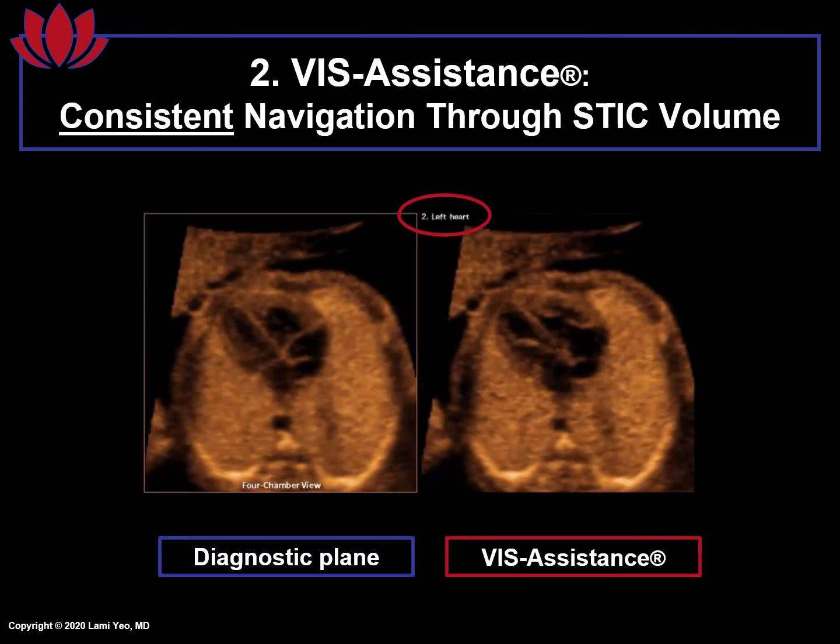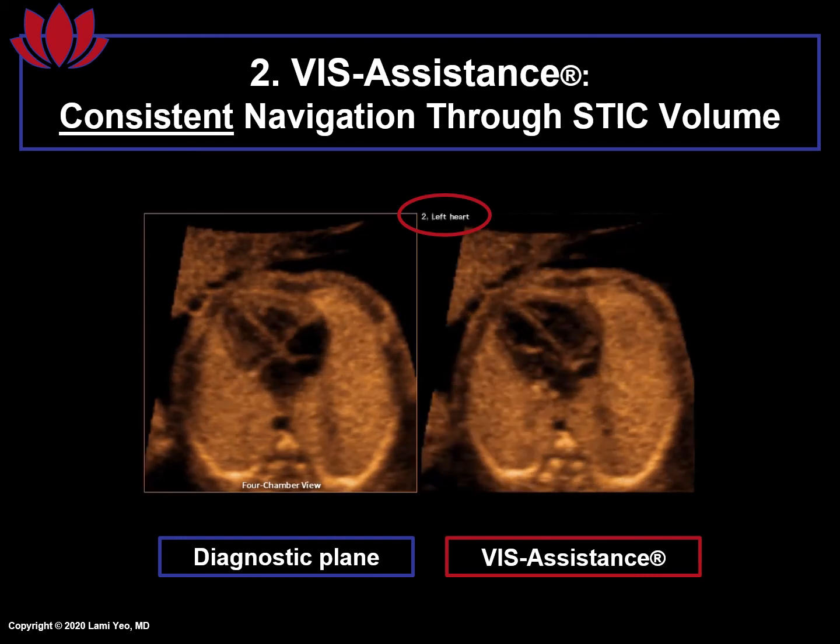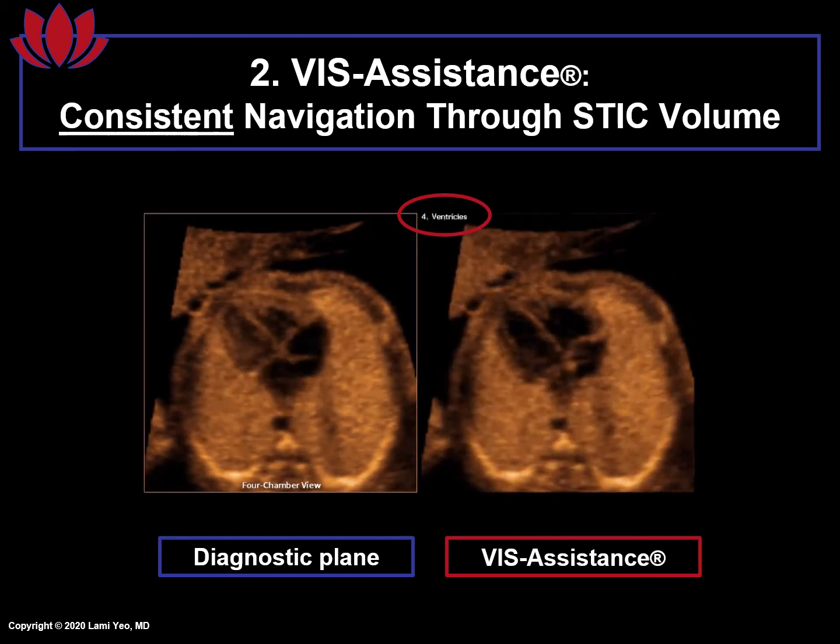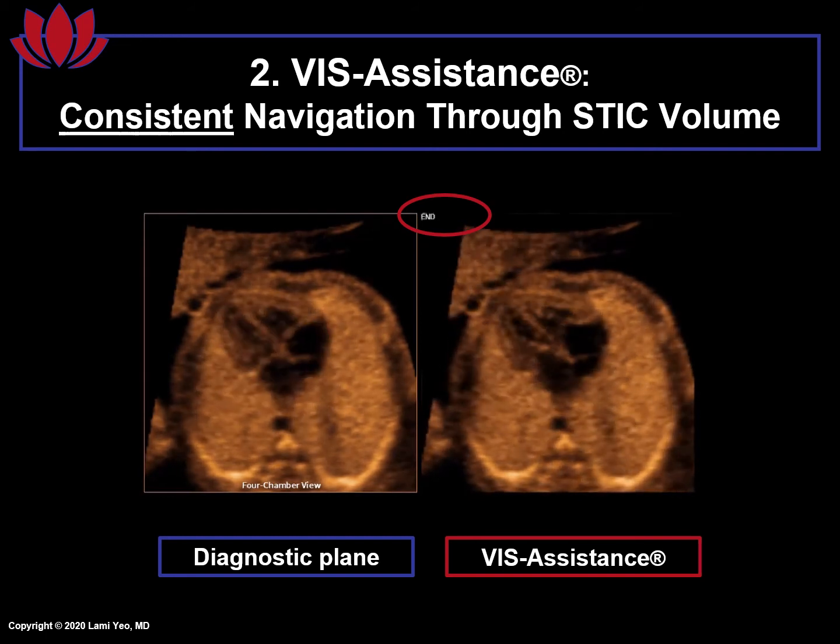Second, each time that VISA is activated, there are consistent navigational movements through the stick volume, as evidenced by the callouts written at the top of the video clip in the red circle. Callouts describe the specific action or purpose of the navigational movements, and these are always the same for every case. Callouts are described in detail in another VISA lecture of this YouTube series. In contrast, when performing two-dimensional sonography or manual navigation of a stick volume, each examination and series of steps may not be identical for the same examiner or between examiners.